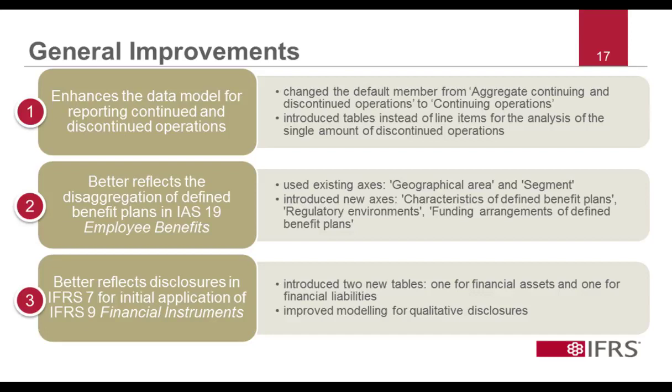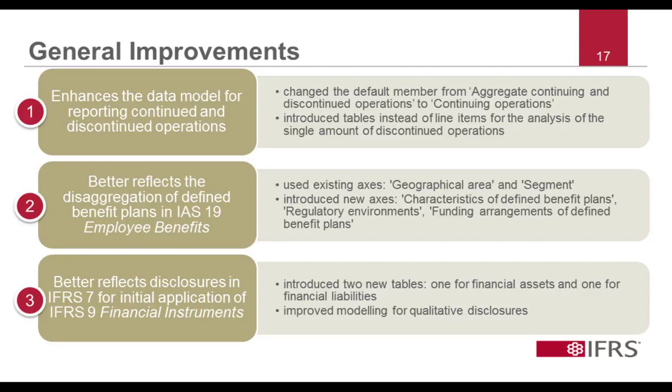Now let's look a little bit in more detail at what those general improvements included. The main improvement area in the IFRS taxonomy that resulted from the general improvements, and that we think will affect quite a few companies, relates to the continuing and discontinuing operation axis. In particular, what we have done is change the default member on that axis from aggregated continuing and discontinuing operation